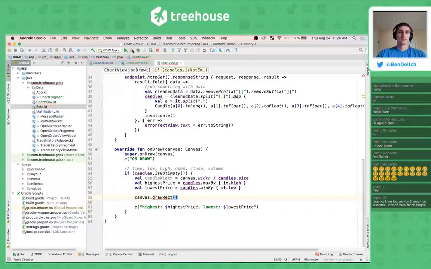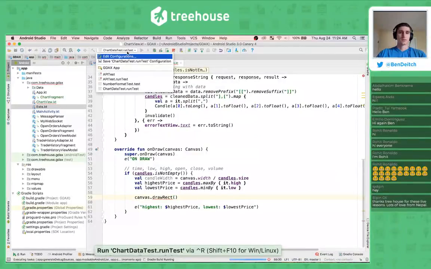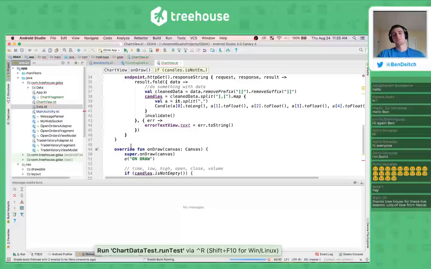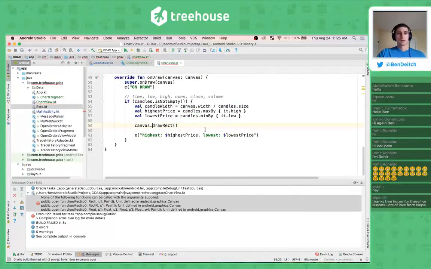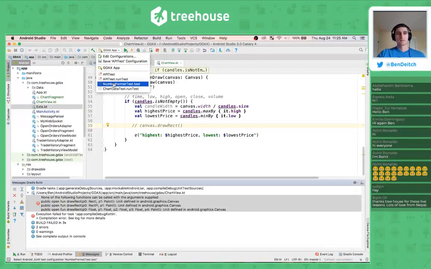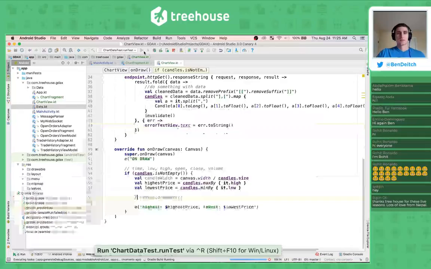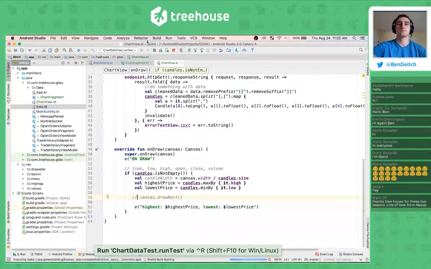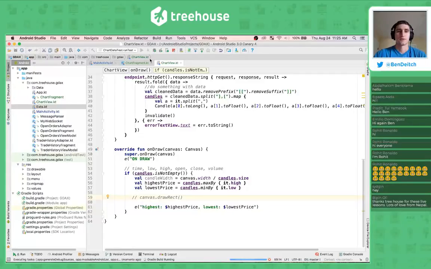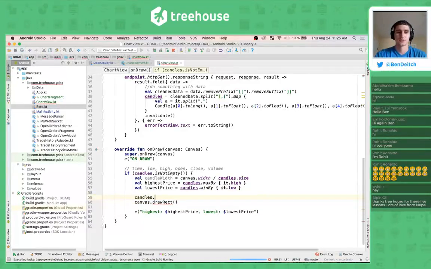Let's just run candles test real quick. Which is not what it's called, but we can just run it real quick and that should print out the candles. Oh, what? You don't really have to compile this to run that test. All right, there we go. Run the test. Still gonna build, that's frustrating. Anywho, canvas.draw rect, and actually this is gonna need to be in a loop, candles.forEach,